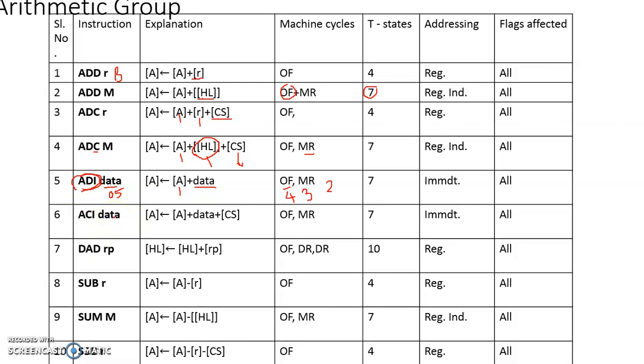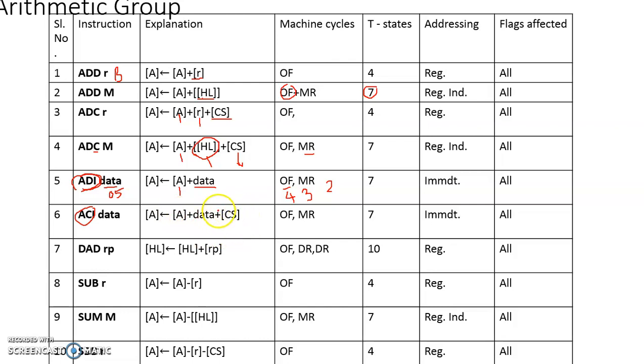The data format for 8085 is 8-bit or 1 byte, since it's an 8-bit processor, having a word length of 8 bits. So this requires 2 consecutive memory locations for saving this instruction in a program. The first byte of the instruction corresponds to the machine code or opcode for ACI. Upon fetching this operation code and decoding it, the processor will identify that one of the operands is the content of the accumulator that is readily available.